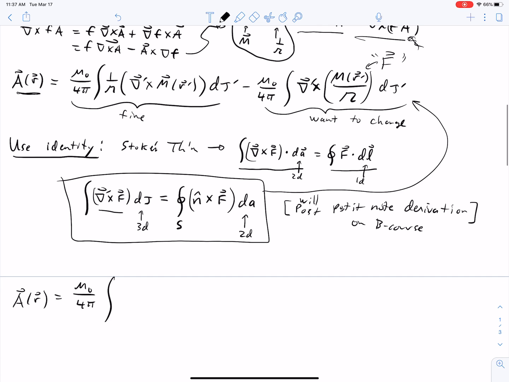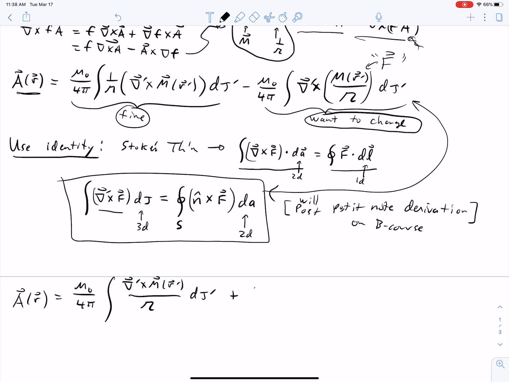I'm gonna write it like this in a very useful way: del prime cross M of r prime divided by cursive r d tau prime. Okay, that's the term that we already had, the one that I said was fine. But now I'm going to rewrite the one that I said we want to change using this vector identity over here. And so this one can now be rewritten as